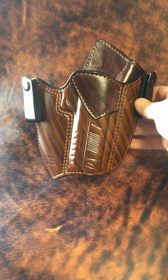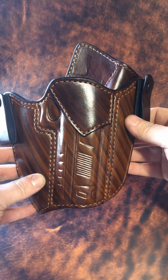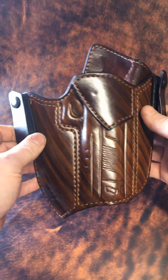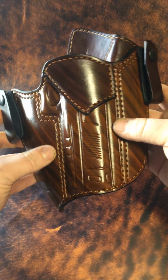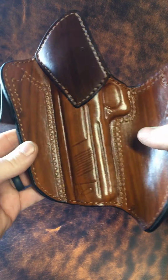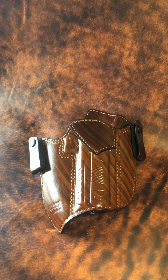First thing they're gonna see is just the finish and the molding. I like being able to tell what gun is inside of it from the molding, the details. It's not a very common gun, the STI Costa Carry Comp. It's a big gun. It's an expensive gun. There aren't a whole bunch of them running around out there. But I've molded this thing front and back to mimic that gun based on a STI DVC